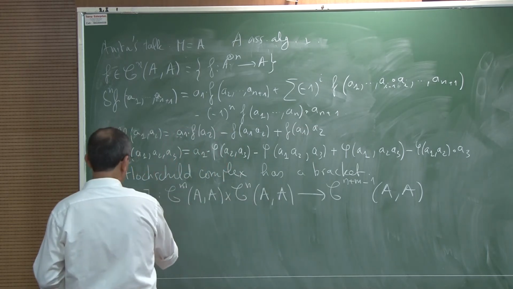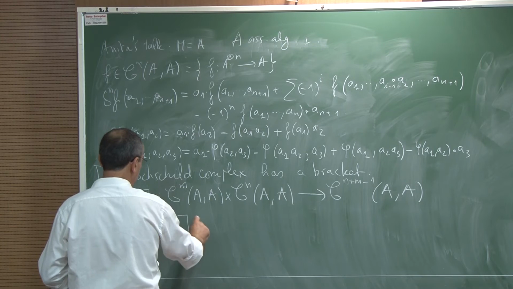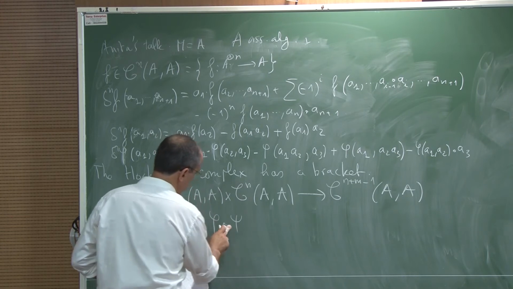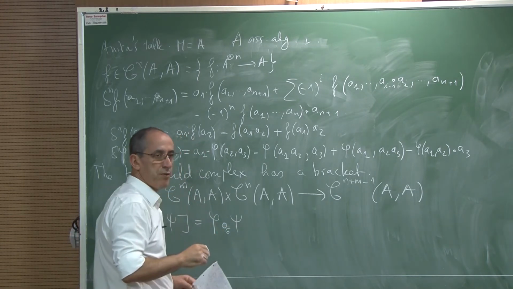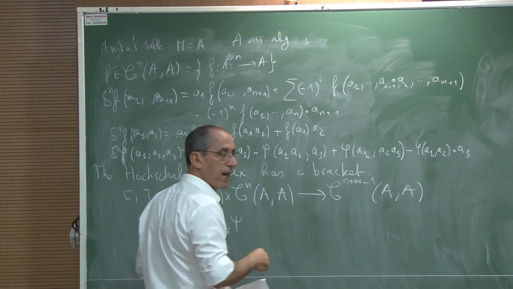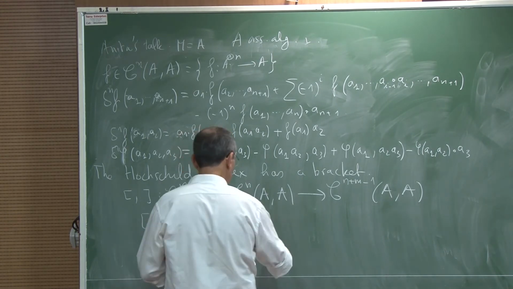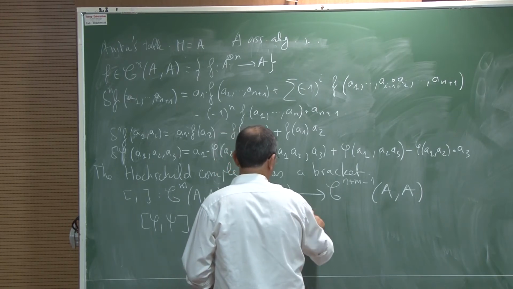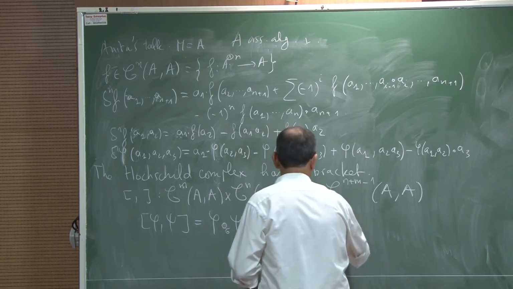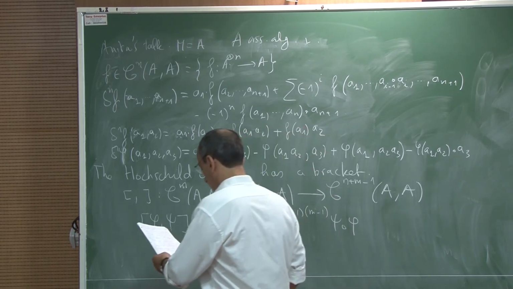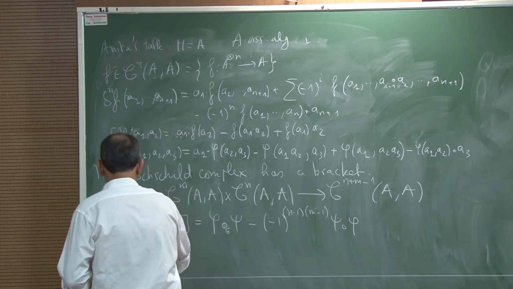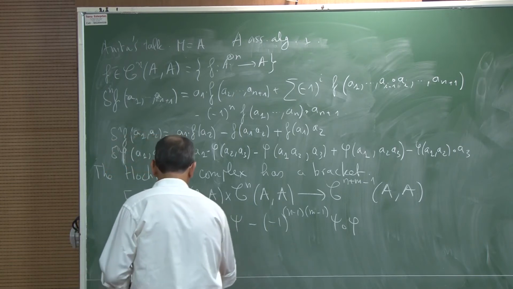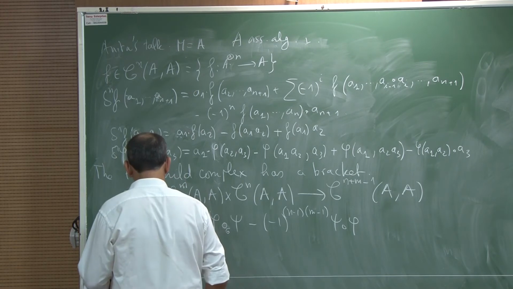this way. If you have phi and psi, this circle is not composition. Let's put subscript G for Gerstenhaber: phi circle_G psi minus (-1)^{(m-1)(n-1)} psi composed with phi. And let me define this, where phi composed with psi, and this Gerstenhaber circle is